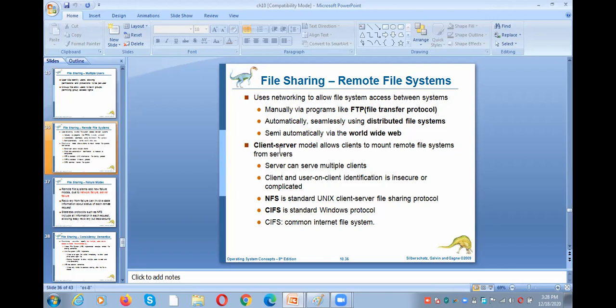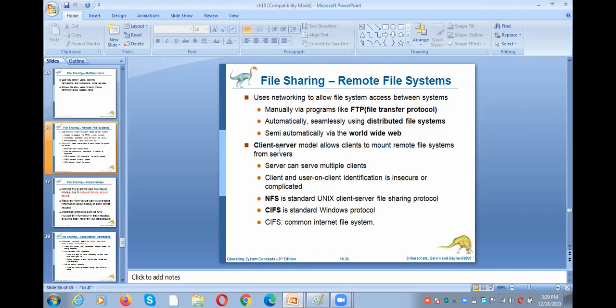And next, the distributed file system concept you need to talk about here. And next, WWW, that means World Wide Web. We can access the files by using the World Wide Web, the internet. And next, FTP. FTP is for transferring a file from one machine to another machine. FTP is File Transfer Protocol. And next you need to talk about client-server communication. Client sends a request, and the server has to process the request and send back the result to you. In order to make the client-server communication possible, we require a protocol.